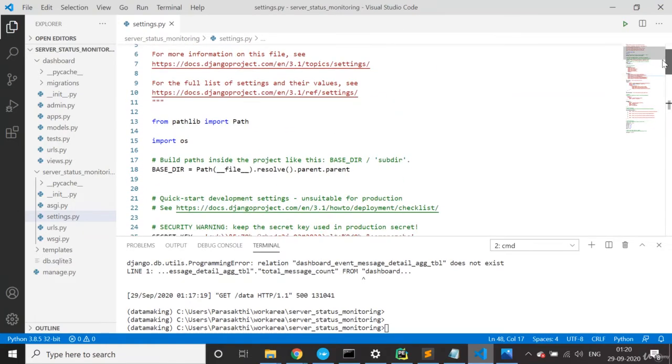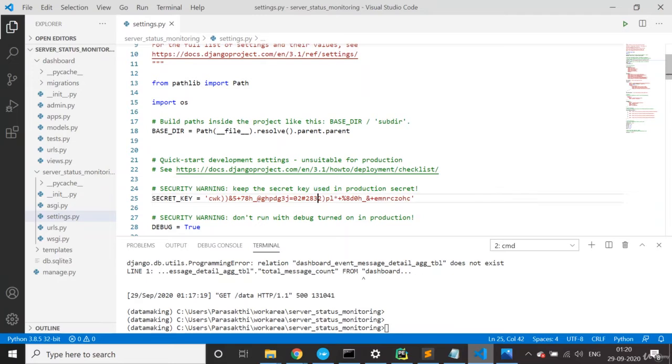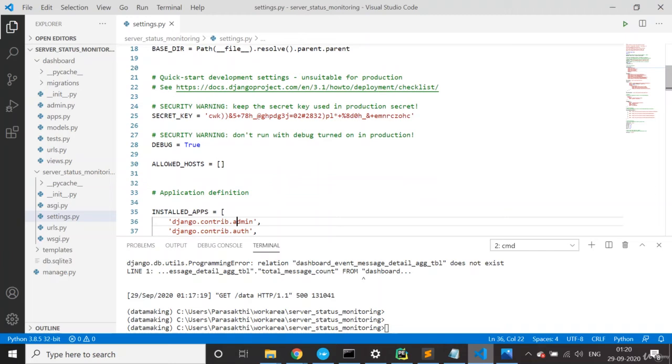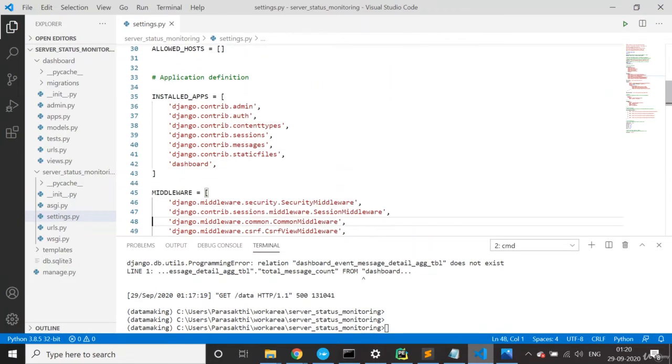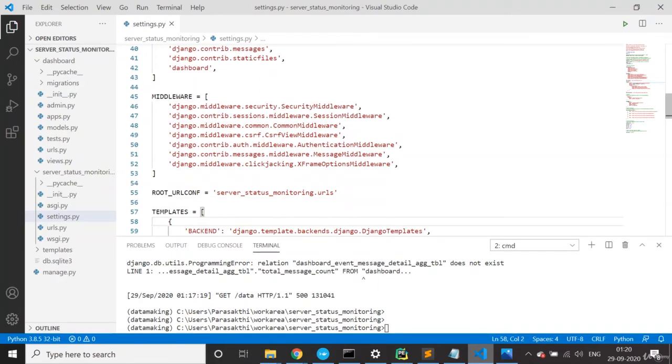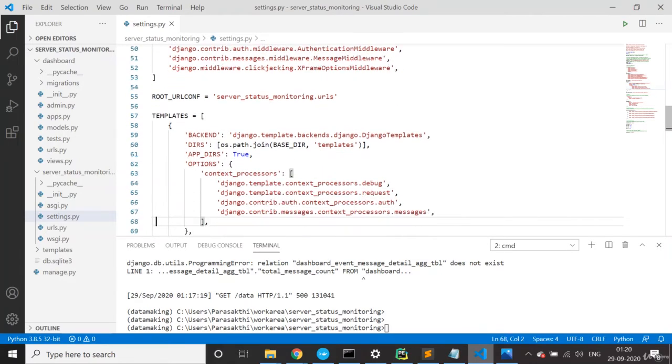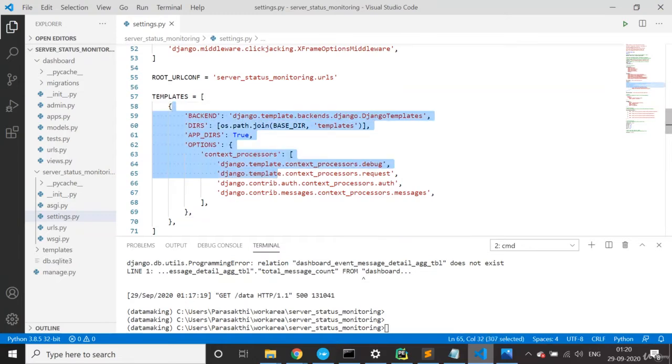Okay, starting off here, we have the path import, and the secret key is there. This will be useful for production deployment. And if you want to debug your application, you can set the debug property to true. If you go to production, you just make this false. These are the installed applications, and you can use some middlewares for security and other purposes, and URLs. You can use templates here. Basically, templates are kind of views where your HTML content will be.